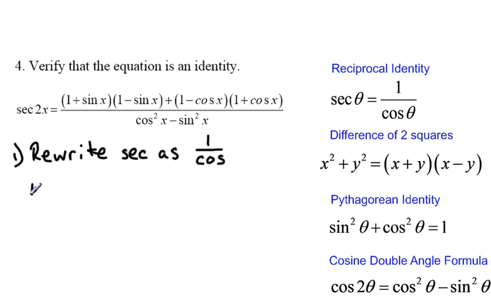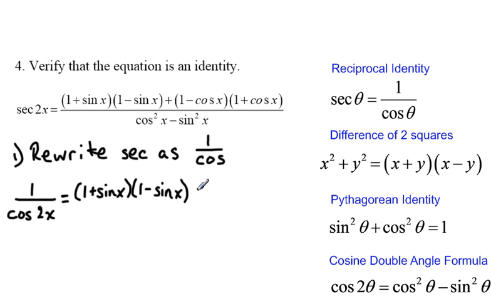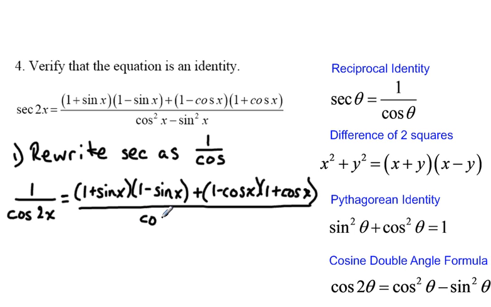So I'm going to write here 1 over the cosine of 2x equals, and we still have 1 plus sine x times 1 minus sine x plus 1 minus cosine x times 1 plus cosine x over cosine squared x